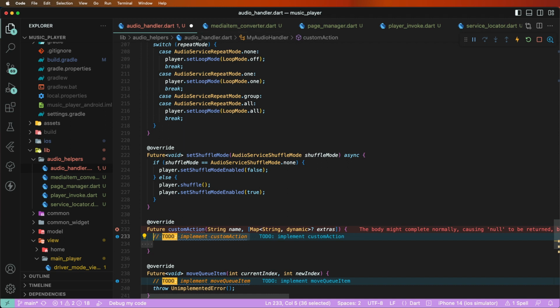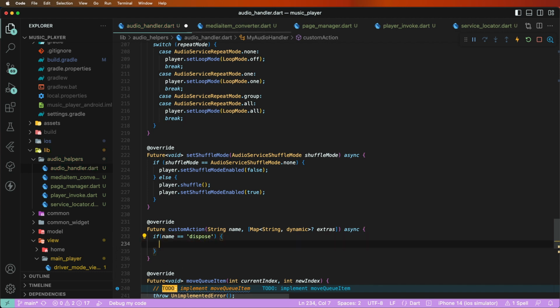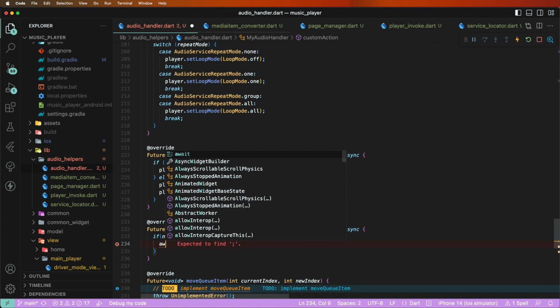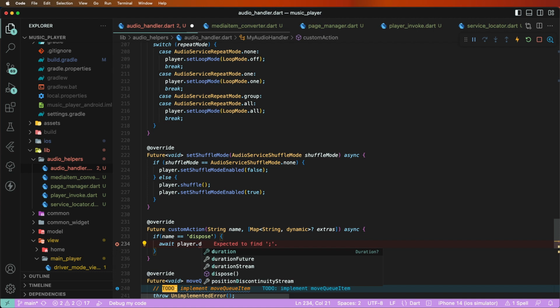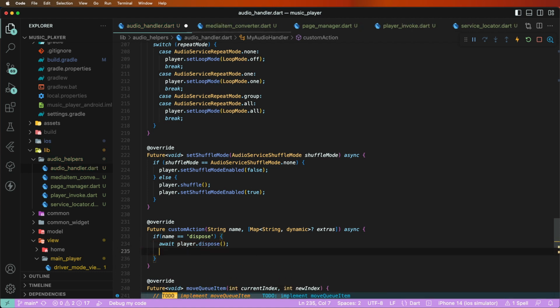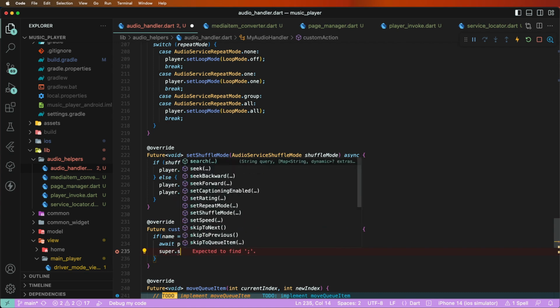Okay, to get these methods and to call here the machines, and we need to write down here the check if name is equal to dispose, and need to first of all the wait functions need to call here, and to clear dispose methods need to call this here. Then after need to super dot stop methods need to call this here,